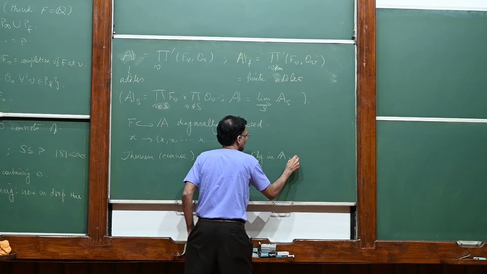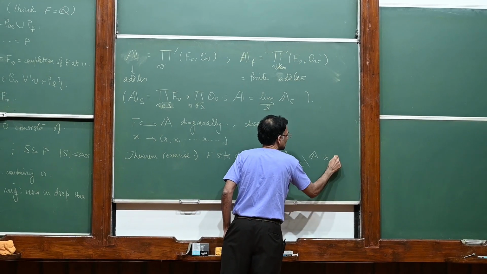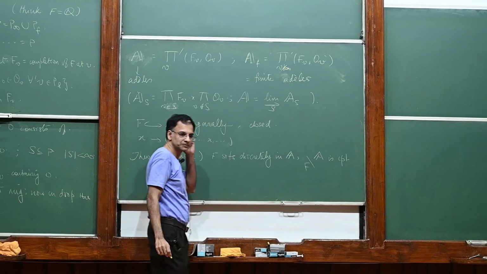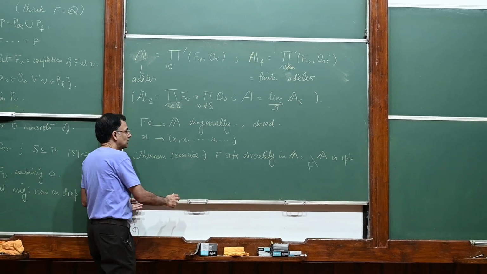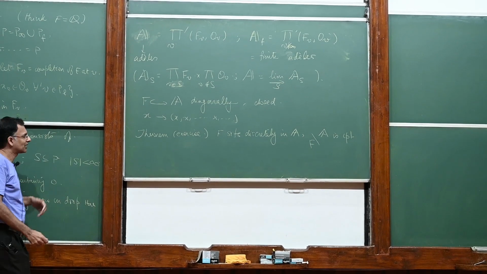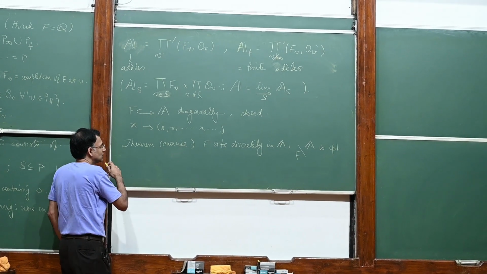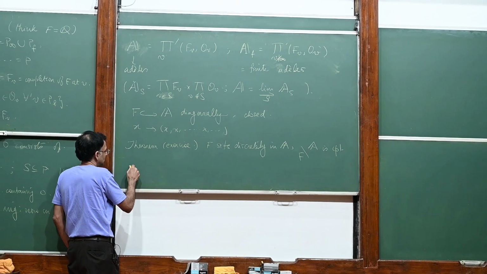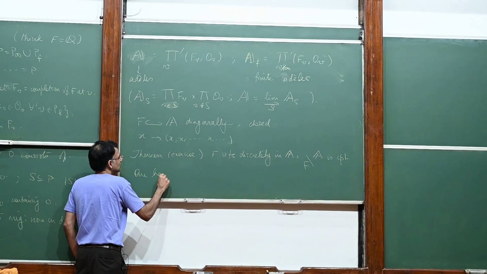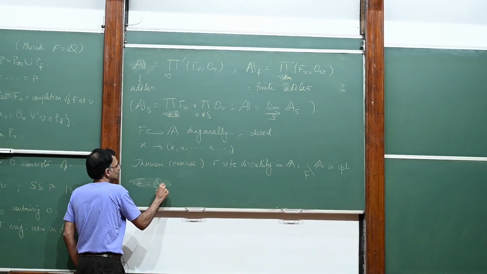In A, and A by F is compact. Right? Okay. All right. And perhaps also in the same vein, one has, so let's just look at Q, for example. So F equals Q, and one has